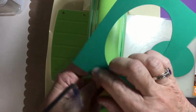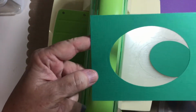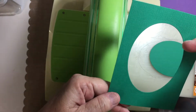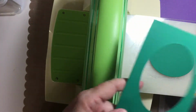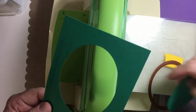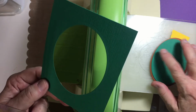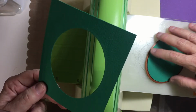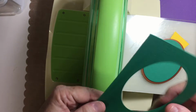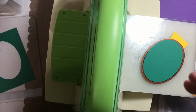Okay. Now you can also take this piece, and I lined it up pretty well. I could use it as a frame. I could put it on top of an image. Okay. And now let me show you what else you can do with this. If I hadn't pulled that out so fast, I'm just going to put it back in here. Okay, and I'm going to take